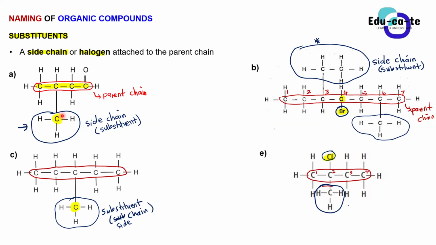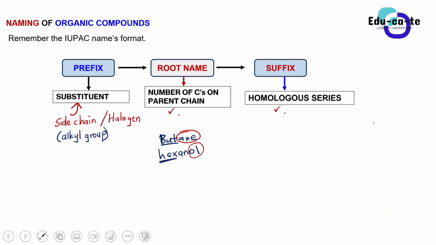As long as there is a carbon in the side chain, as long as it is not part of the parent chain or the main chain, it's a branch. It is branching out, or protruding out of the parent chain. We say it's known as an alkyl group. But this halogen is not an alkyl group, guys. Alkyl groups only apply to a substituent that has some carbon in it. When we are naming these side chains, the last part of their name will be a YL to show that it's an alkyl group.